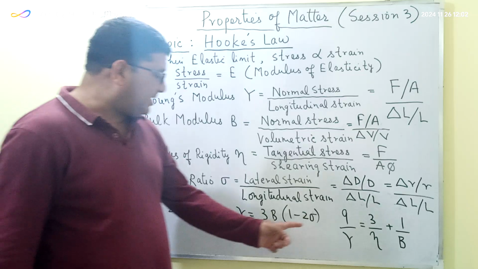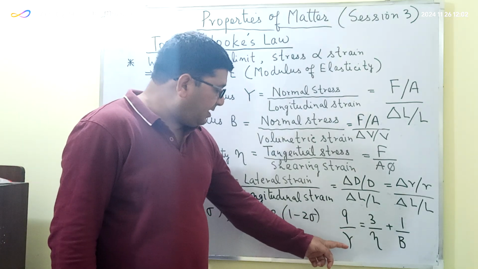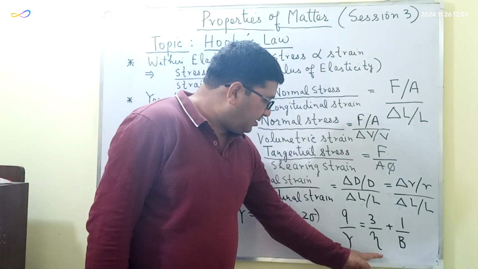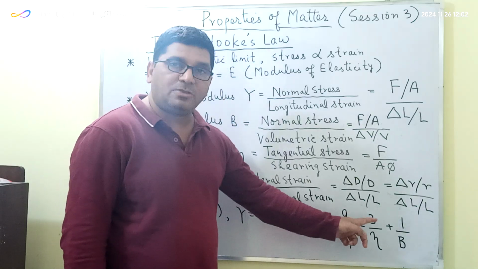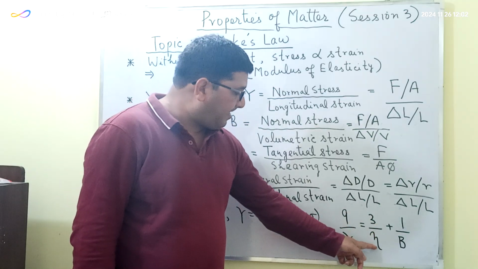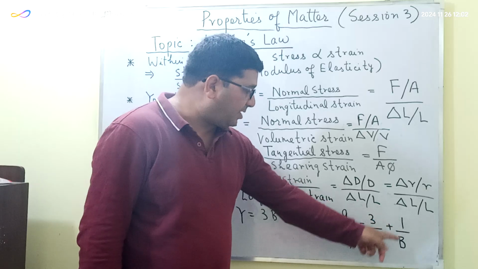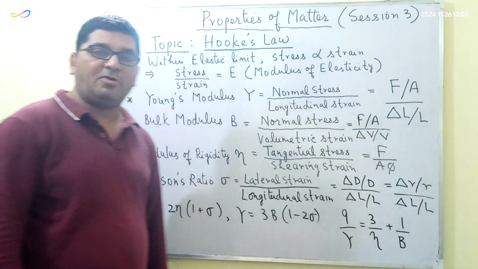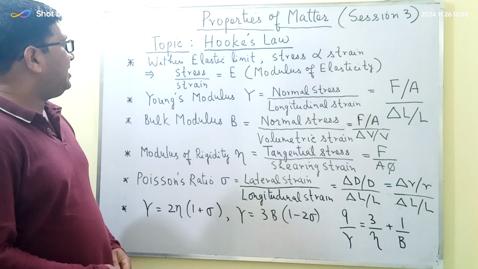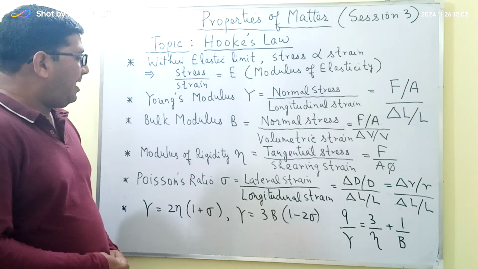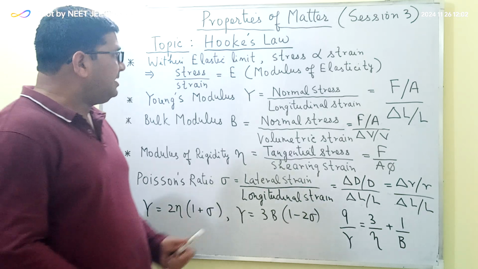And the third important relation between the Young's modulus, shear modulus, and the bulk modulus is that 9 upon Y is equal to 3 divided by the shear modulus plus 1 upon B, where B is the bulk modulus. So these are some of the important formulas pertaining to the topic of Hooke's law,